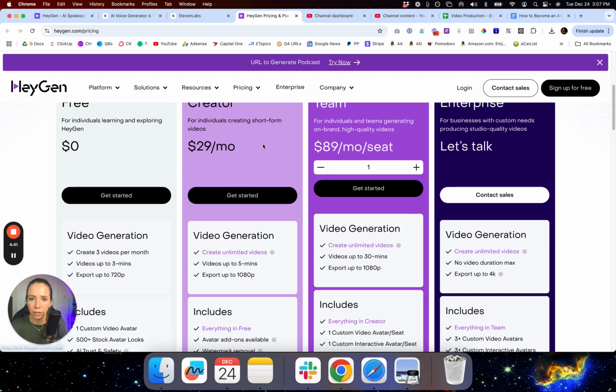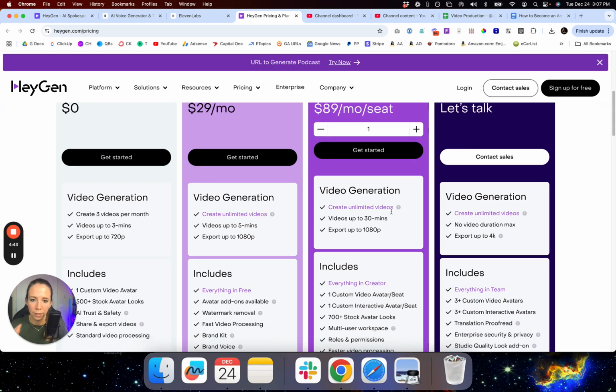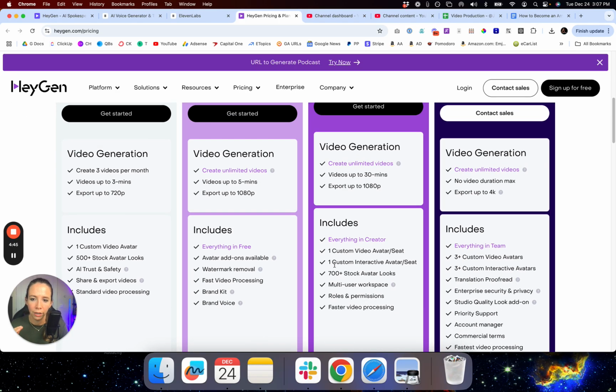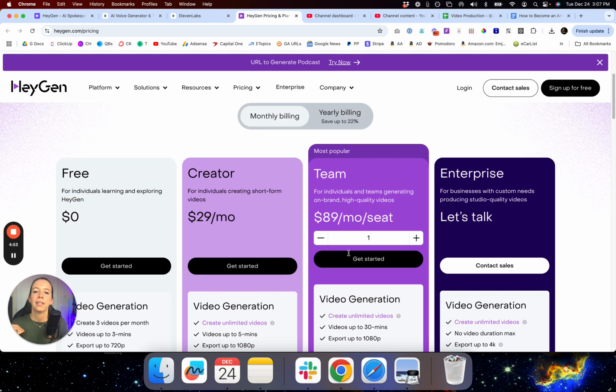to bypass creator and go straight to the team plan, because the team plan, as you can see down here, right here, it's the avatar starter, which is the add-ons. Over here, it's an actual custom video avatar, which is what we need to develop what I'm about to show